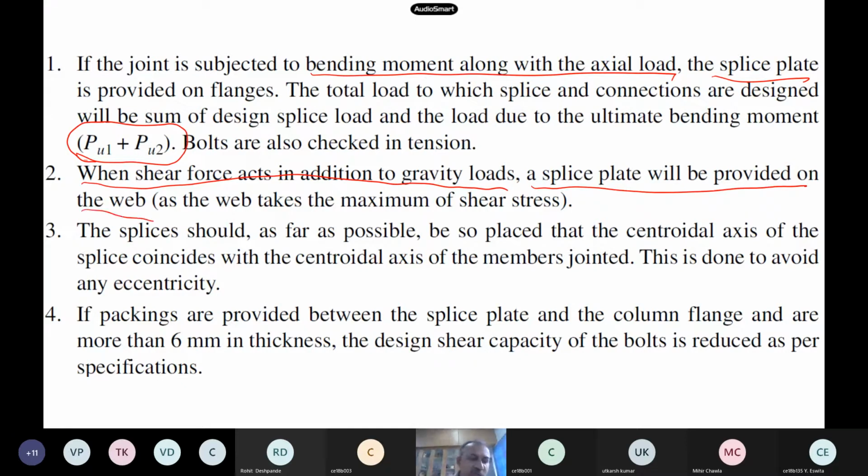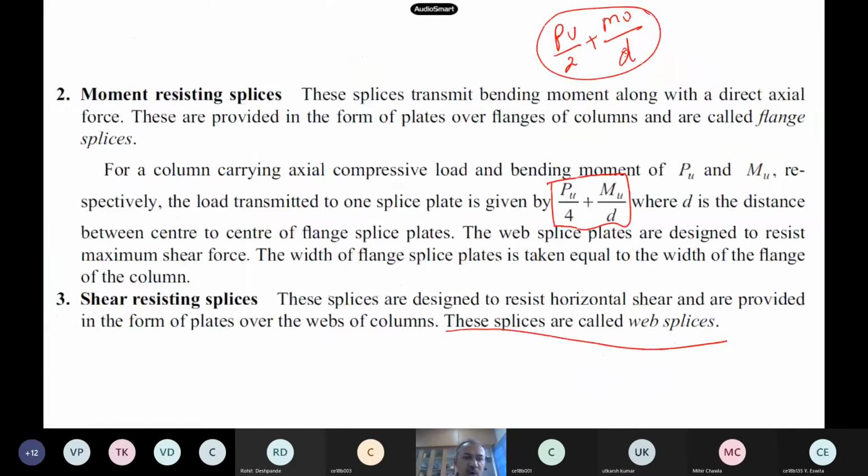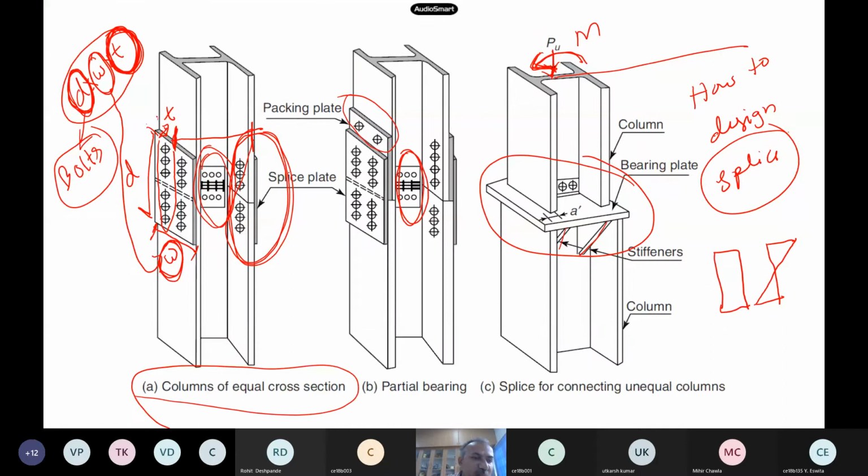And here also there are some guidelines. For the splices, the centroidal axis of the splice plates should coincide with the centroidal axis of the members jointed. Sometimes you should not provide, on this side, some other splice plate with 10 mm thickness, and on this side some other splice plate, or the depth on this side and that side not the same. Then what happens?